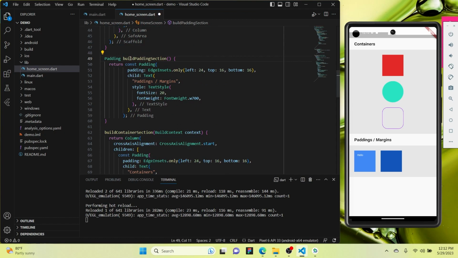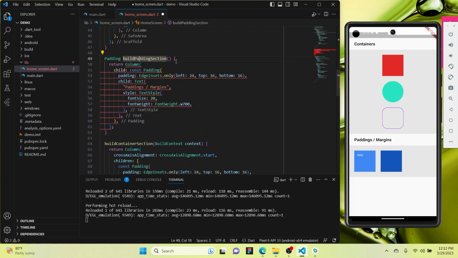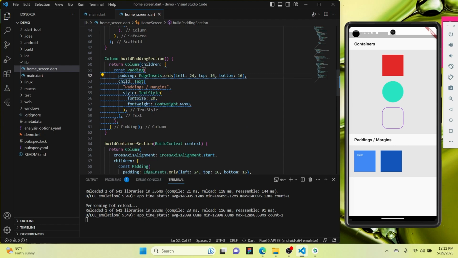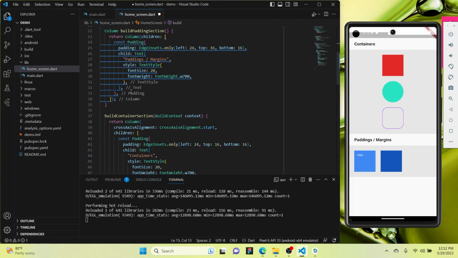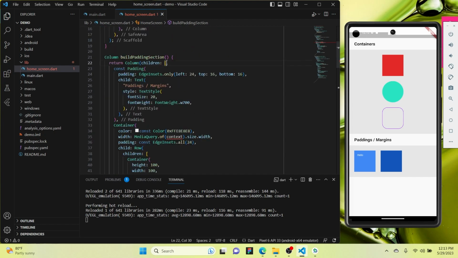If we were to look here, it has created the method itself, but we have to wrap this with a column because this is not taking into account the box part of the widget, and the return type should be a column since we are returning the column. And let's just copy this inside as well, inside children. Okay, and we need the context here as well,